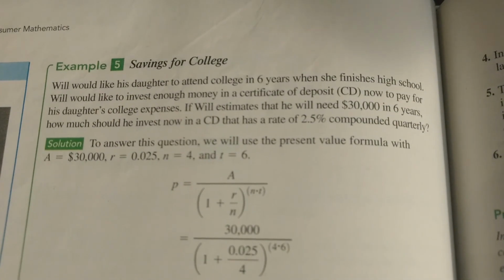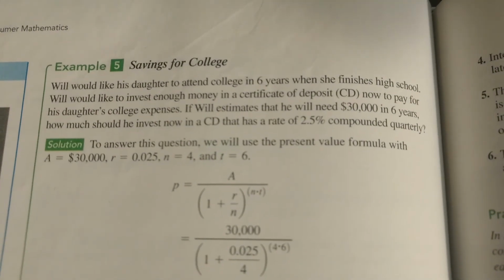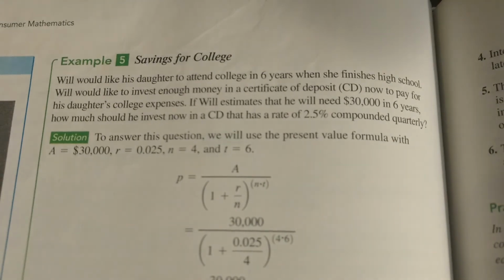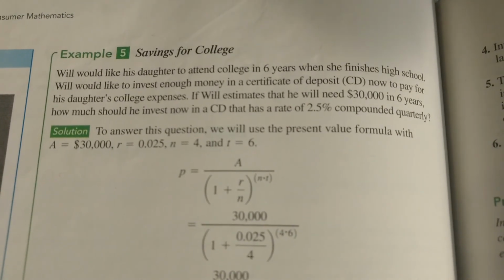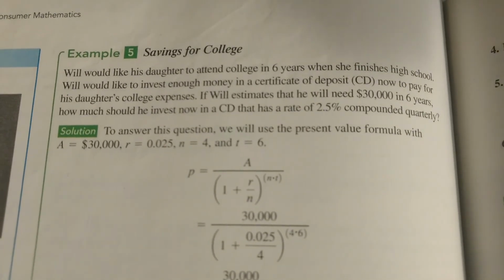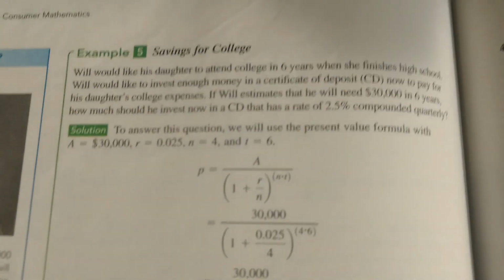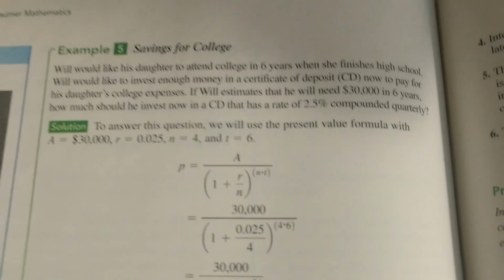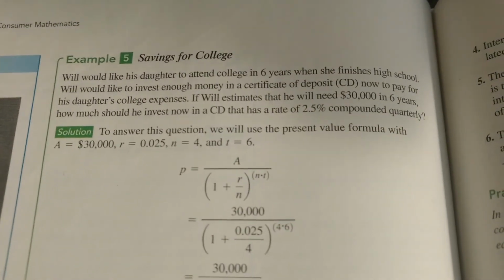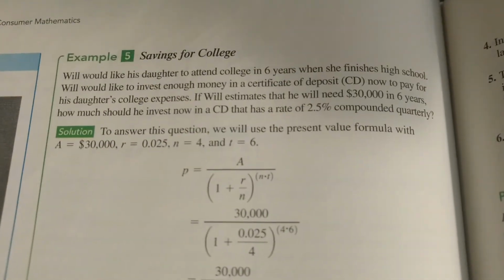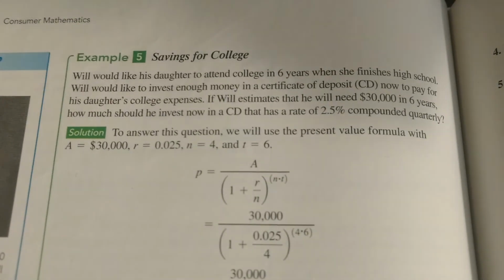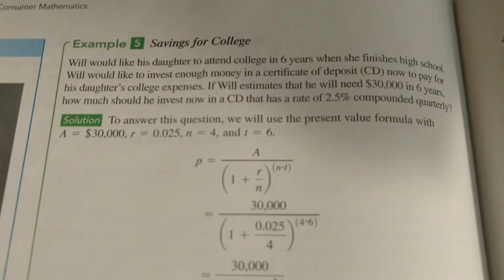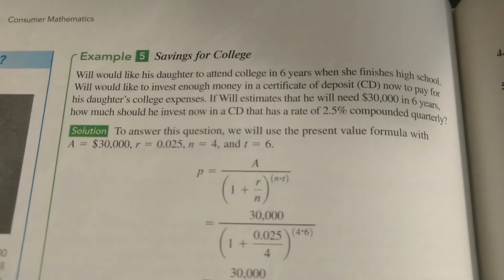Will would like to invest enough money in a certificate of deposit, CD, now to pay for his daughter's college expenses. If Will estimates that he will need $30,000 in 6 years, so he's estimating that he needs $30,000 to have his daughter go through college, how much should he invest now in a CD that has a rate